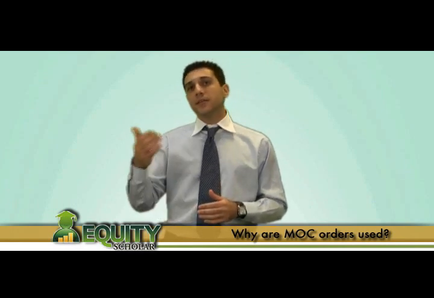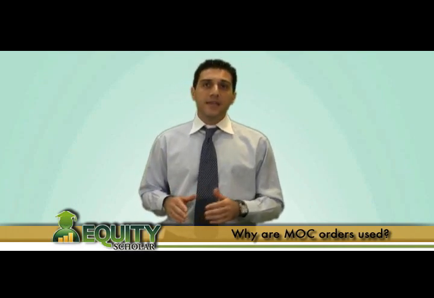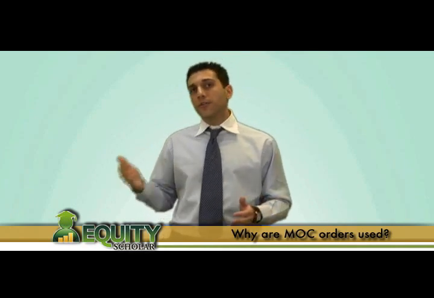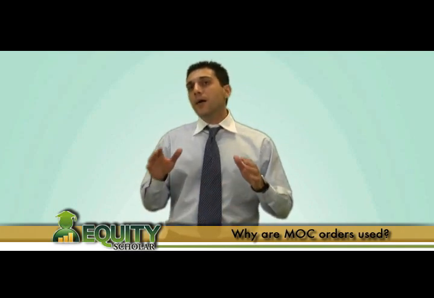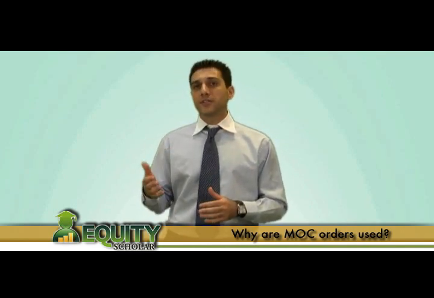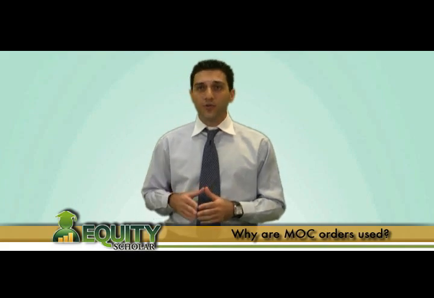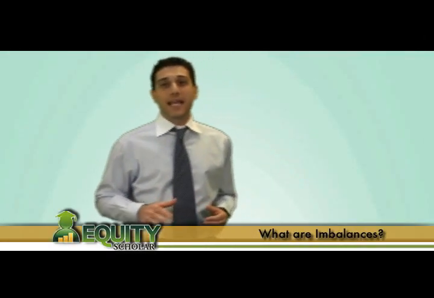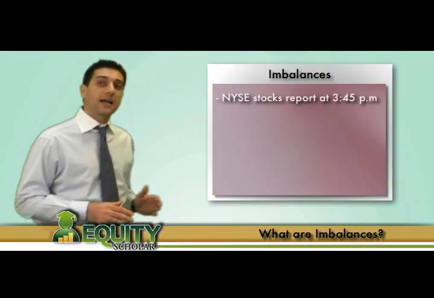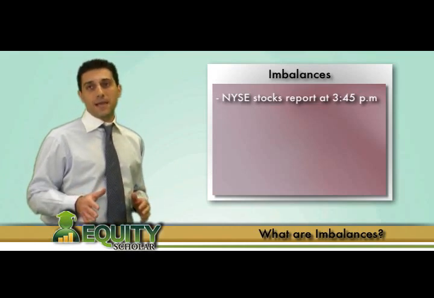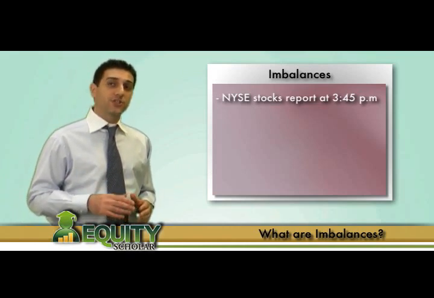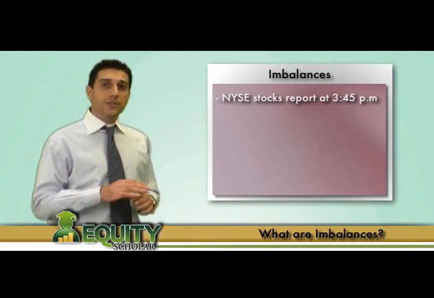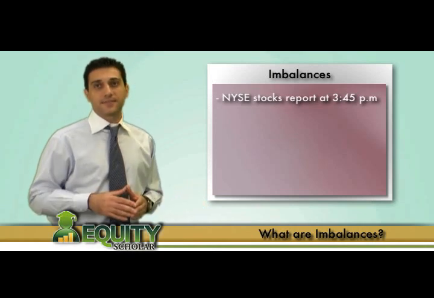When these large MOC orders are sent during the trading day, they create pools of orders, often causing bias in one direction or another in a particular stock. This abundance of orders all in one direction seeking to be executed at the closing price of the trading day is called an imbalance. Each trading day at 3:45 p.m., every stock on the New York Stock Exchange with an order imbalance is mandated to report this information to the public, while NASDAQ stocks, futures, and ETFs do not participate in imbalances such as this.